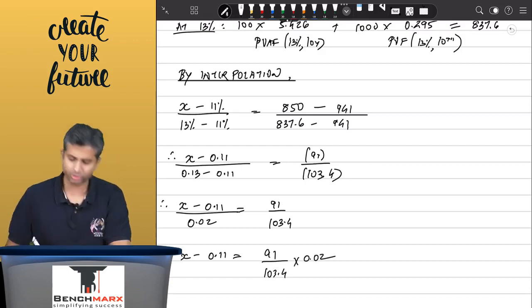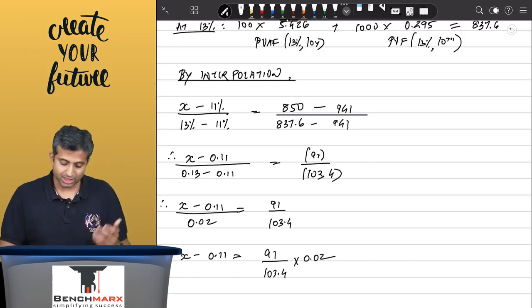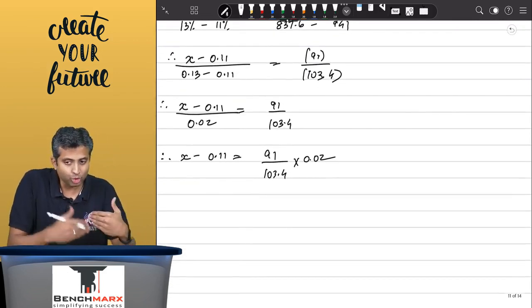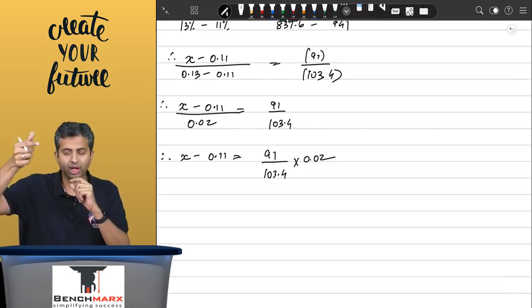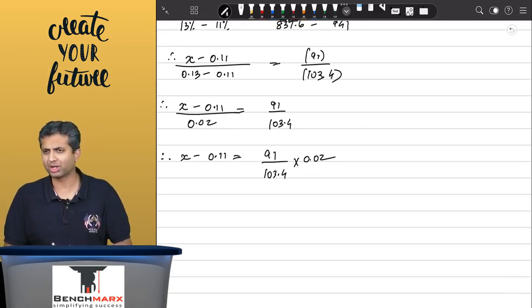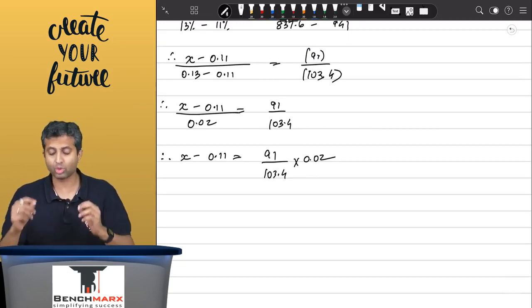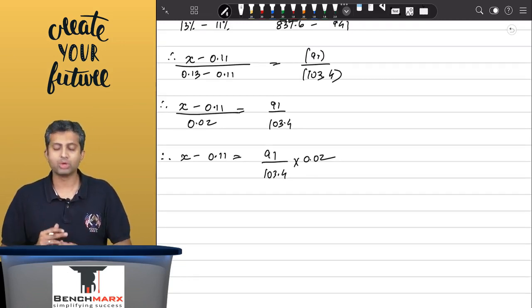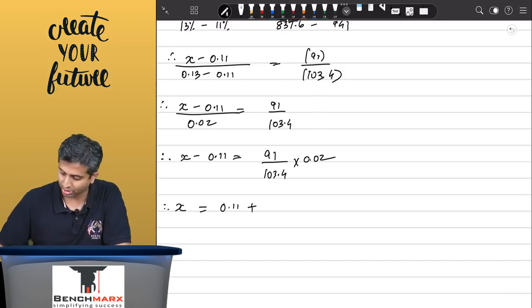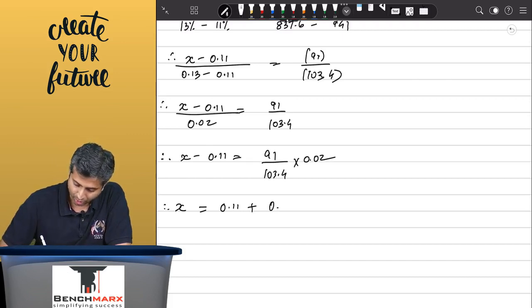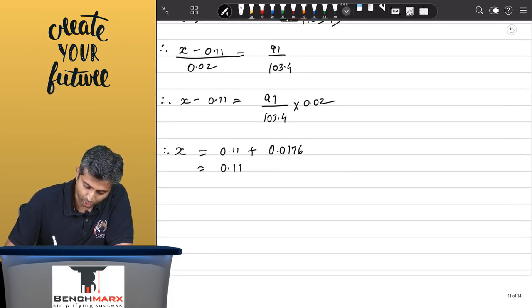So this is basically a cross multiplication where if I'm starting, let us say, at 11 and I have to go towards 13, I will say that if I move from 11 two percentage points up, my present value will change by 103.4, but I don't want to move by 103.4, I just want to move 91, which means how much will that be? So therefore x is equal to 0.11 plus, over here the cross multiplication, 91 upon 103.4 into 0.02, so this is plus 0.0176, and hence this is coming to 0.12,